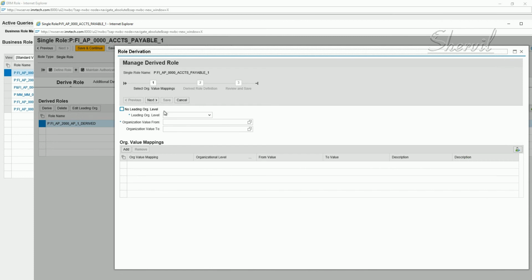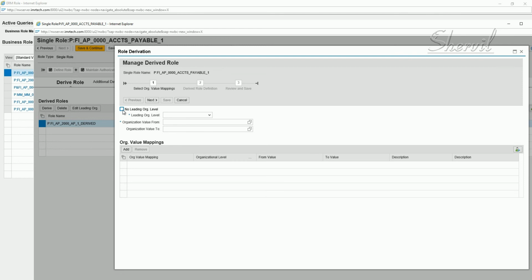So last time in the first example we had taken the org levels coming out of the master role, right? Now in this example, we want to use the org level mapping that we configured.